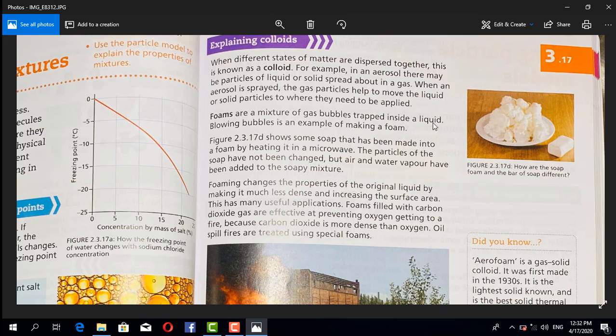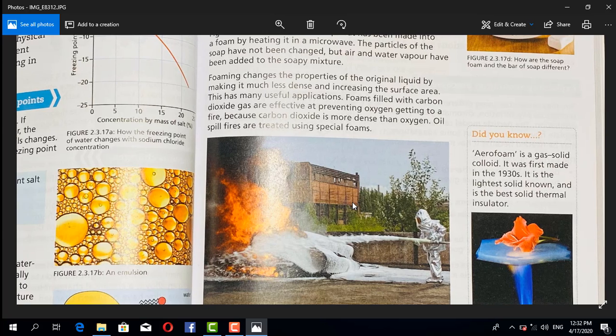Blowing bubbles, as an example, is like making a foam, especially for those who apply it on fires in order to take it down. So yeah,